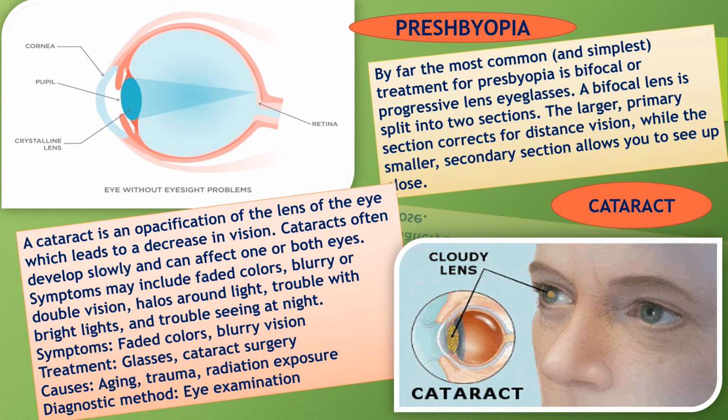When the transparent lens becomes a cloudy lens, this disease is called cataract. So you can say when the lens becomes opaque due to aging or disease, the condition is called cataract. The person is unable to see anything or becomes blind. It can be corrected by replacing the defective lens with a normal lens from a donor or with an artificial lens.